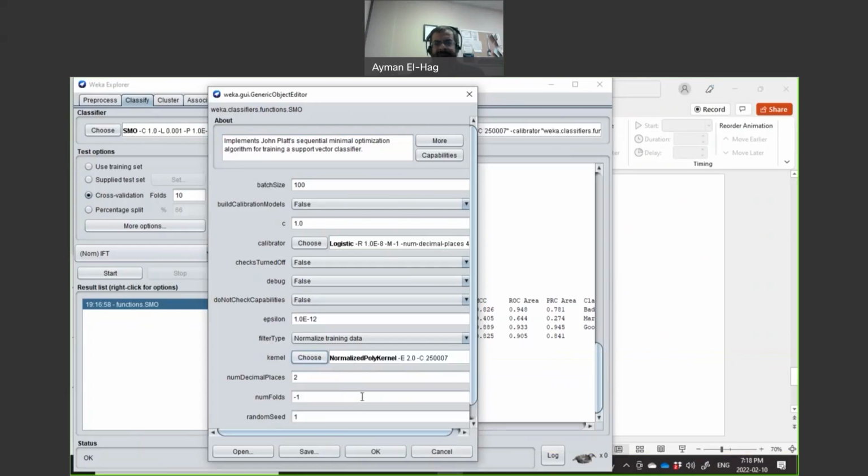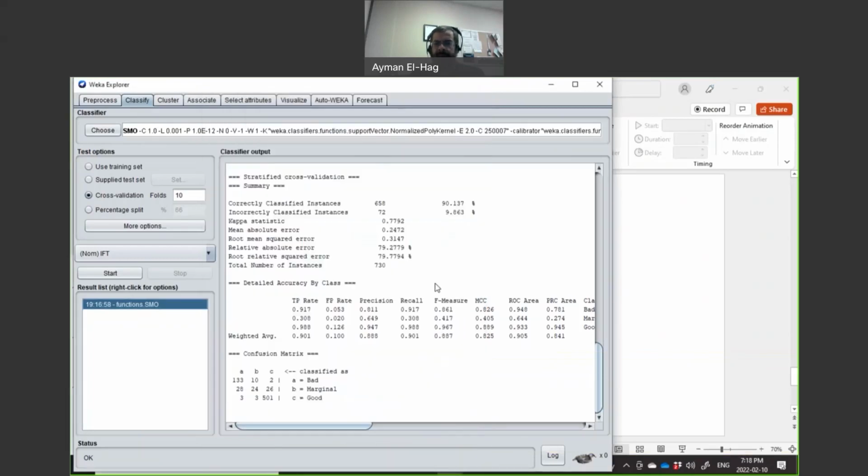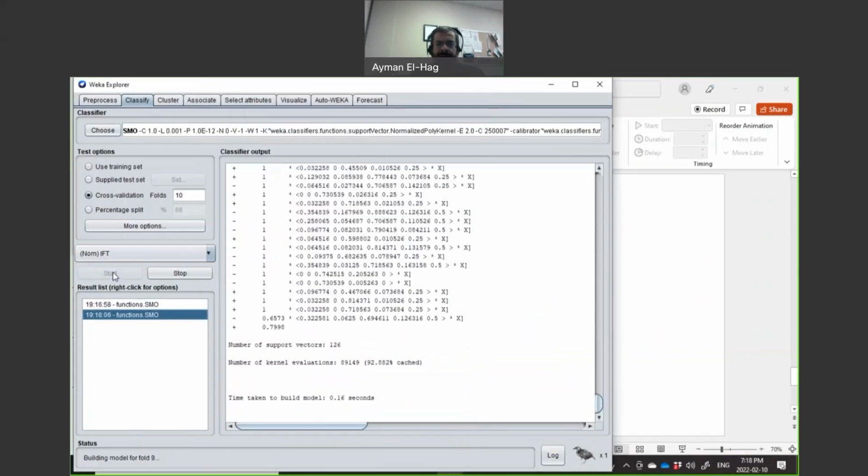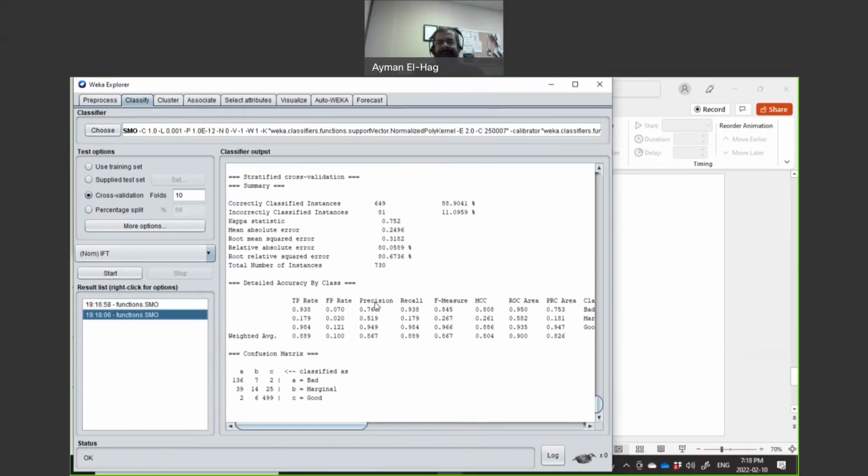Okay, so we have a different kernel. Let's see what we get as the result. Remember, this was 90% and now it is 88%. It is less, and you see here we are getting even much worse for the marginal. So it's good to try different combinations, but we don't have much access, and this is the